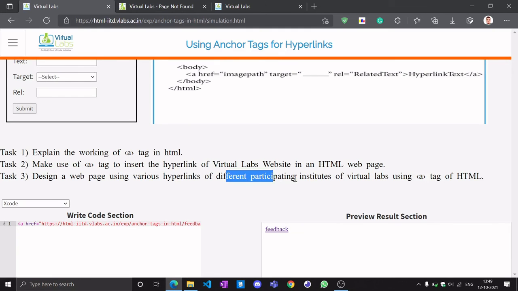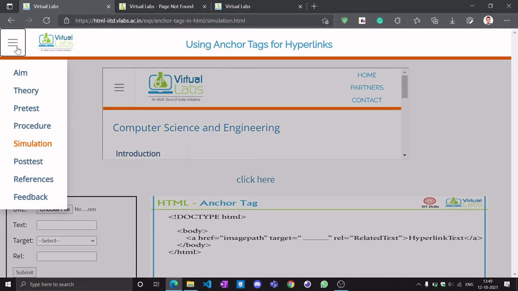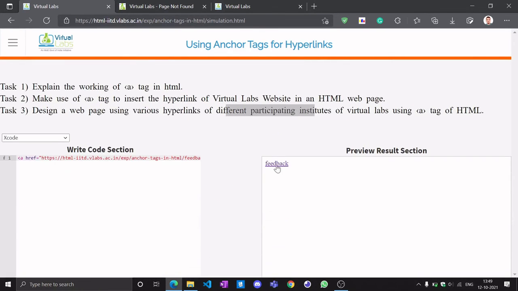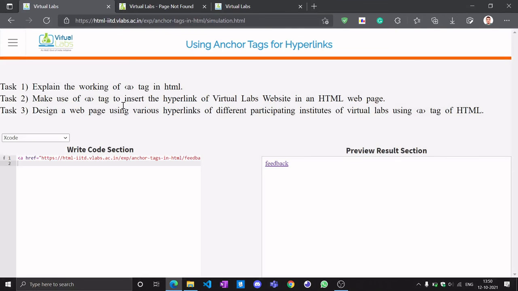Okay, like different participating institutes. So I guess this list is not given. We can mention some of the websites of colleges, and this will be a simple task: href and mention the website URL of that page. So I guess it is not here, but we may find it, and we may make it a list of colleges.